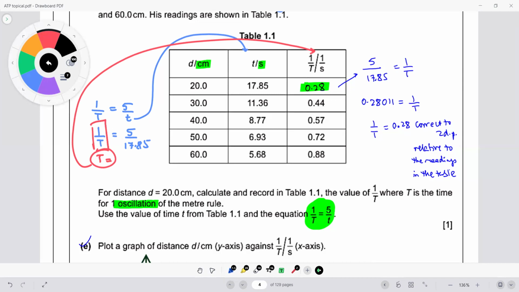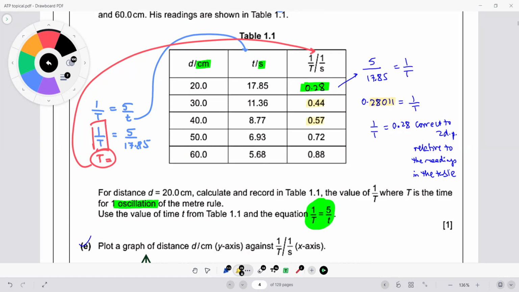So it's 5 divided by 17.85. That gives you 0.28011. And another very important point for the ATP calculation: everyone knows this, you will all do it, but 0.28011 has a lot of decimal places, right? You need to understand whenever you plug in the value in a table for an ATP question paper, you will